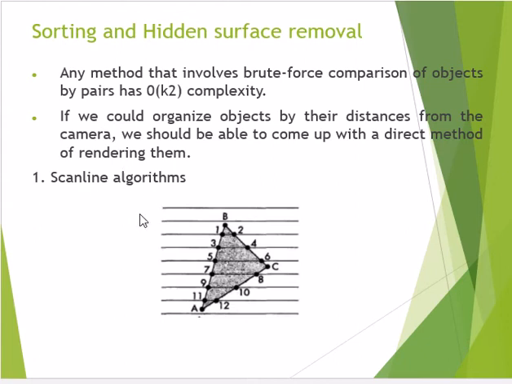Here we go with the scan lines. This is called the scan line fill algorithm, and it is an approach under the sorting method. So we take up the scan lines and find the intersections, and then we sort the intersection points in order to fill a polygon. Here it is only one polygon, but there could be multiple polygons overriding each other.